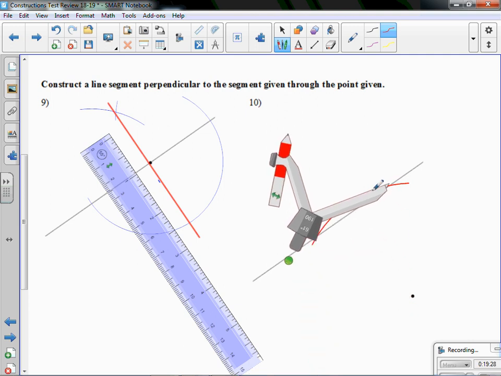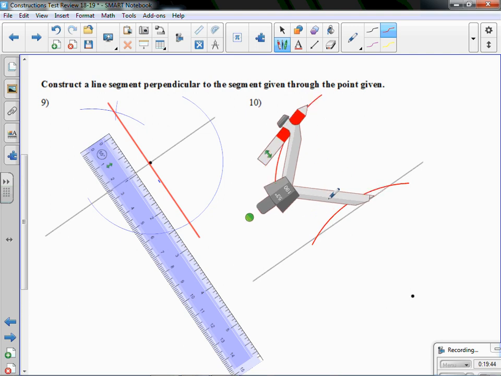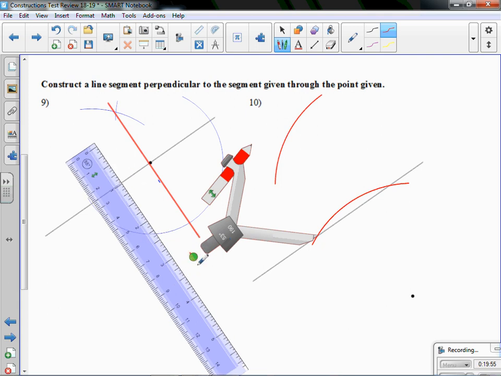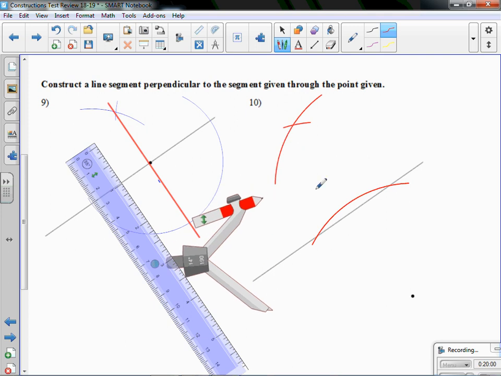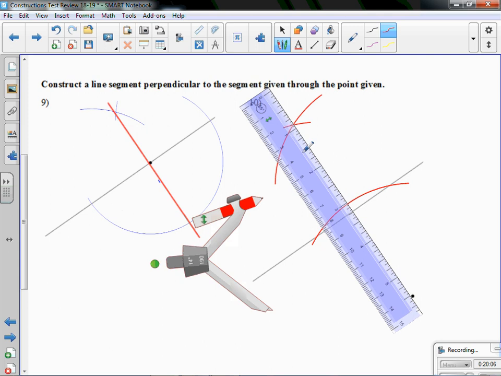Then we're going to go to each of those intersections of the arc and the line segment. And I'm going to make an arc up here above for the other point of intersection. With the arc on the side on the line. Make an arc that crosses that one. Now with that arc there, or the intersection between the 2 arcs,